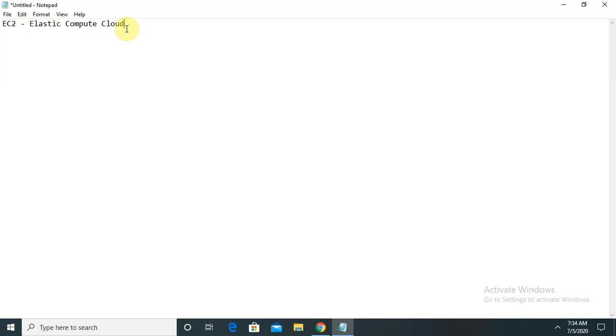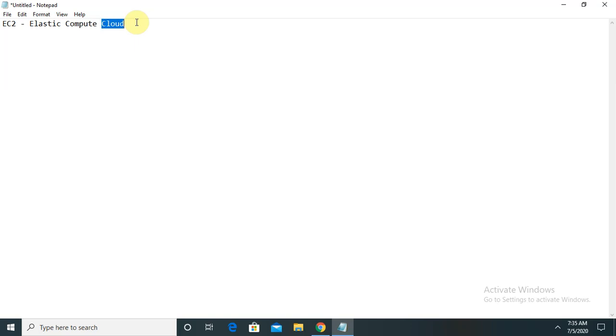Whenever we are hosting anything or displaying content on any server, that is specifically called the cloud. And when we are working with a smaller or bigger number, like adding and removing, these concepts come under Elastic.